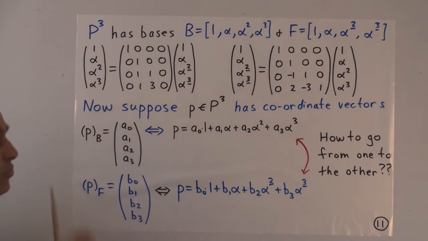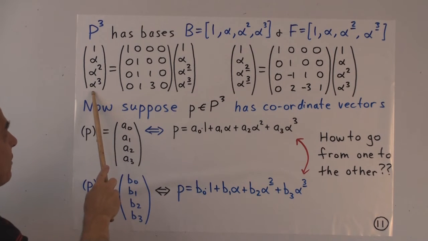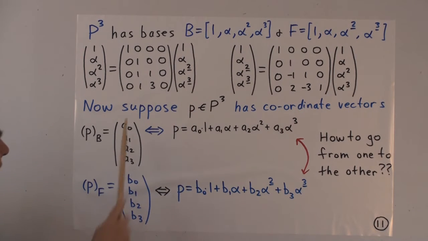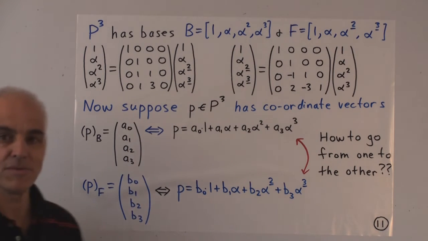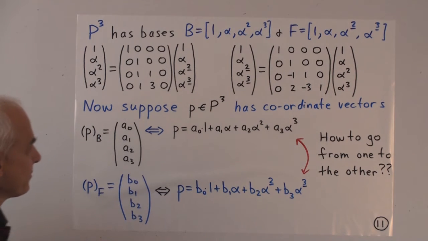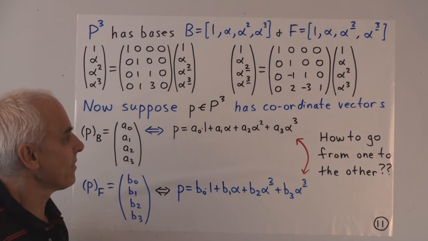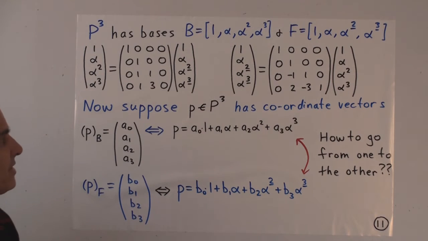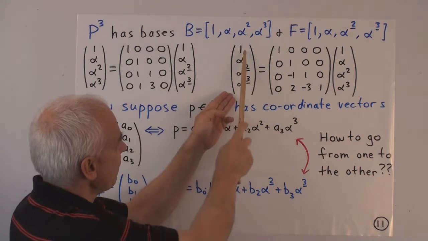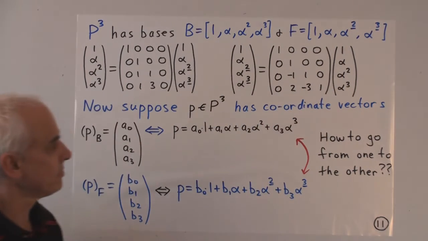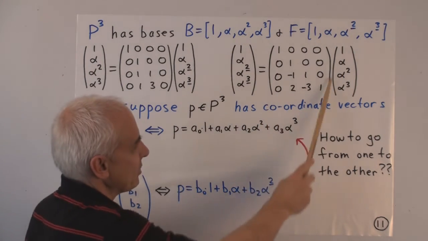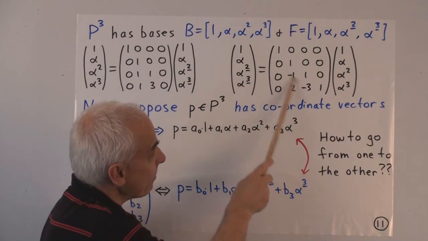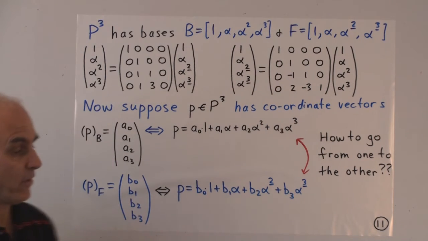So here's the relationship between the standard basis of P3 and this falling basis of P3. And here's the matrix of Stirling numbers of the second kind, the ones we've just been looking at. And over here is the inverse situation, where we've inverted this linear system, expressing the falling powers in terms of the standard powers. And you may recall that this matrix here was essentially the matrix of the Stirling numbers of the first kind, except that there were some minus signs appearing on certain diagonals.